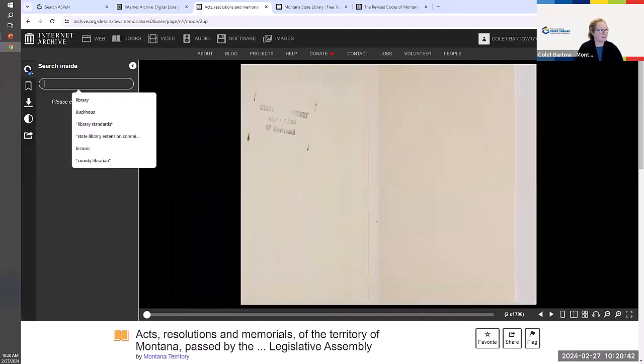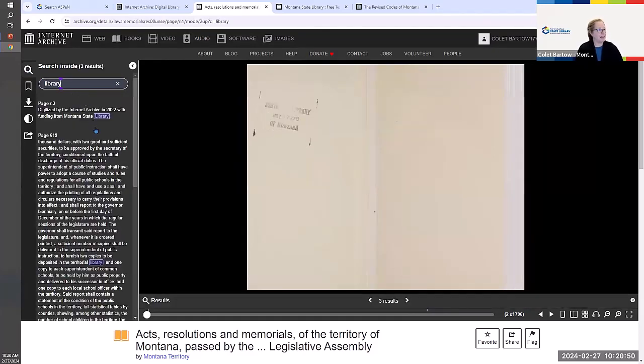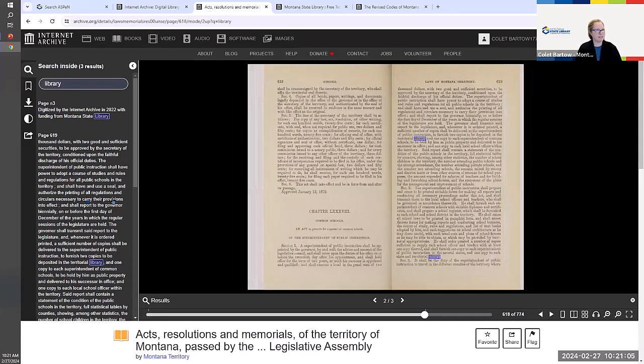And I'm going to do a search for library. I'm going to hit enter. And as I was saying earlier, this is where then you see those search results. You'll see them highlighted in the text under the search inside. And then if I click on one of those blocks of text, it's going to take me to the place inside of the item, the search terms are going to be highlighted. And then as well, you'll see down at the bottom in the results slider, the two spots where the word